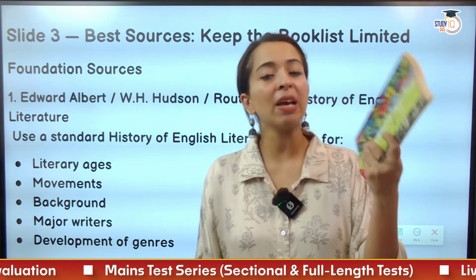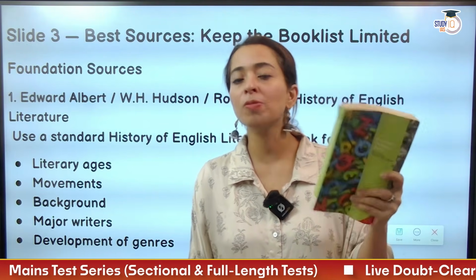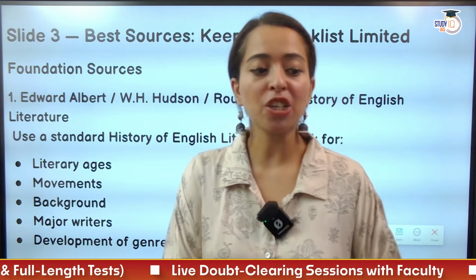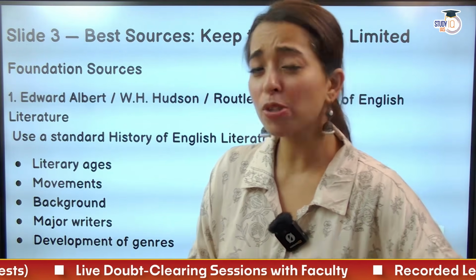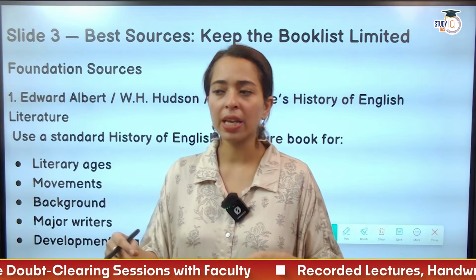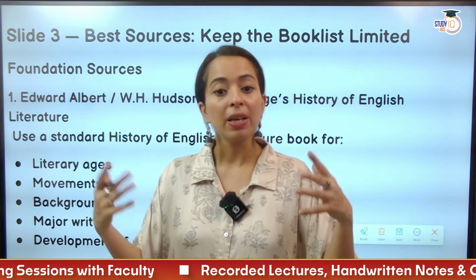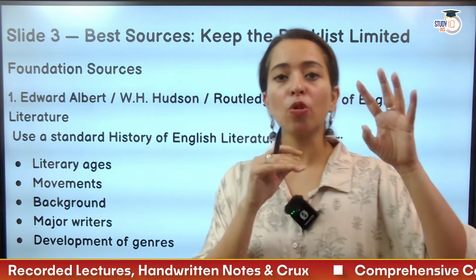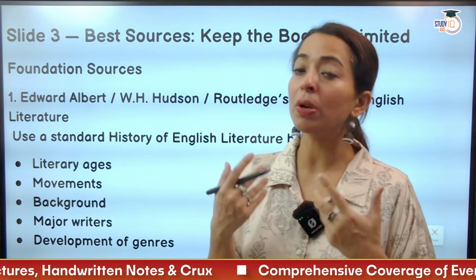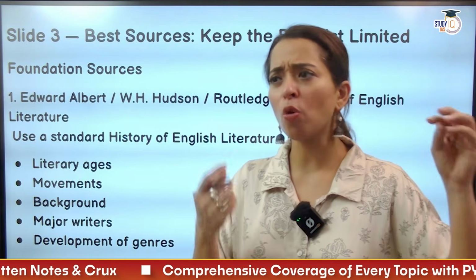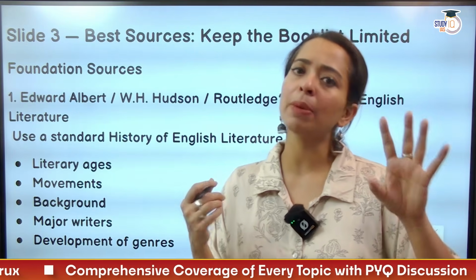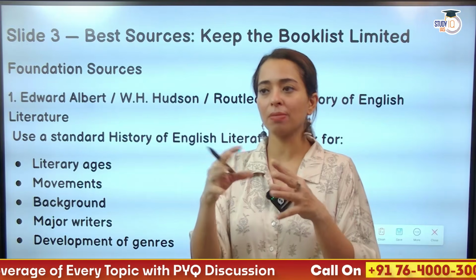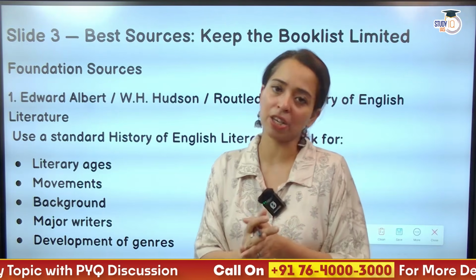Second is your M.H. Abrams, A Glossary of Literary Terms, which is very important. Why? Because there are certain times that you are asked short notes, जैसे poets of the 30s हो गया, या postcolonial पे कोई note आ गया. So these are the books that will help you because you will know the entire literary terms. So this will help you to know the ages. इसमें सब कुछ है. What you name it, and this book, M.H. Abrams' Glossary of Literary Terms, will have it. It's one of the most important texts to know about English literature.